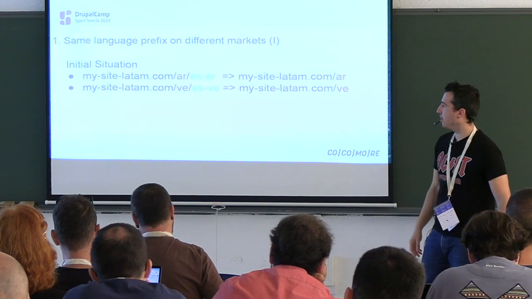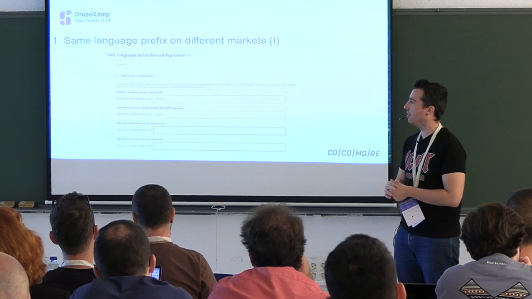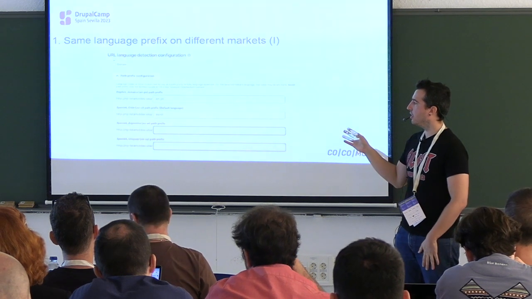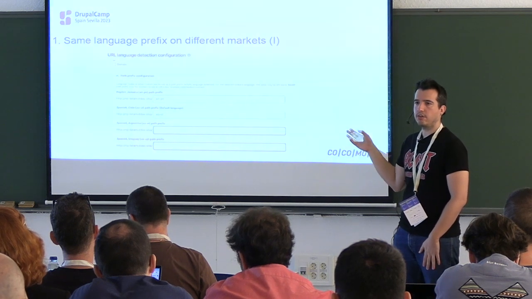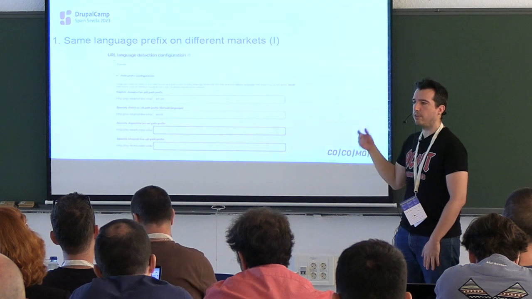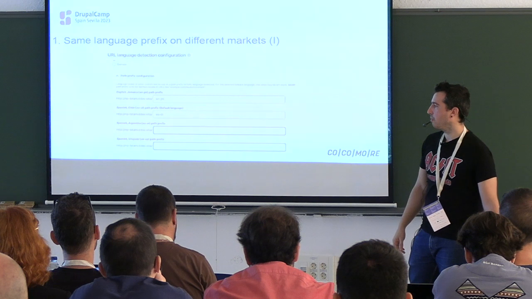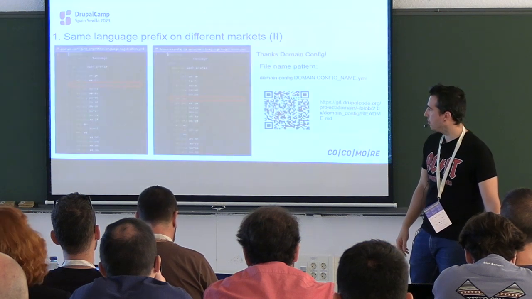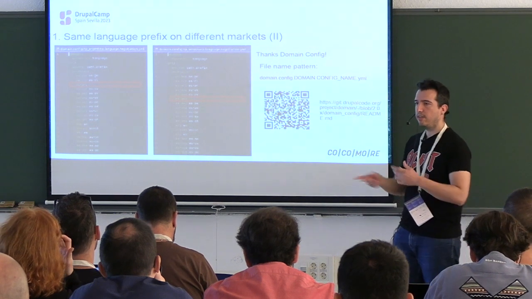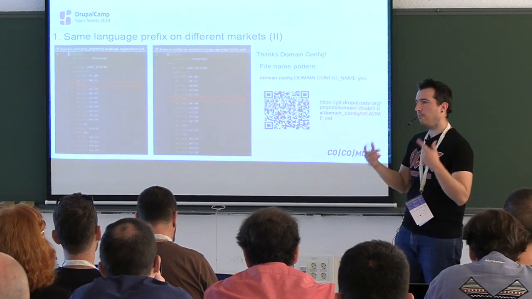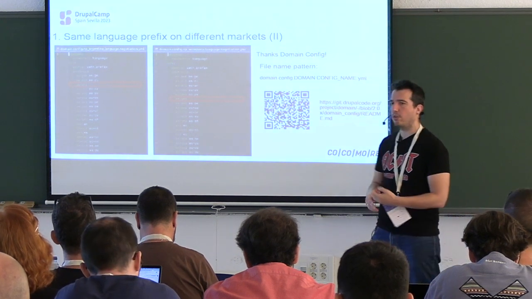As you may know, when you go to the language negotiation, you cannot put two languages that don't have any prefix. So the system says that it is only allowed for the default language, not for any other. How can we solve this? Very easy, thanks to the community, because we have domain config. Remember that module that I talked about at the beginning, able to override configuration per market? So this is the one commonly used.